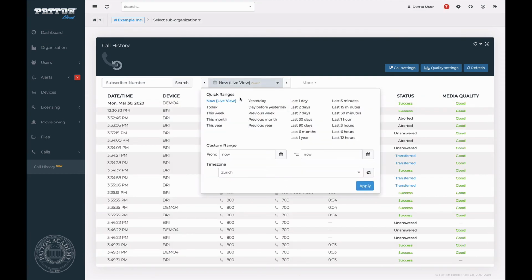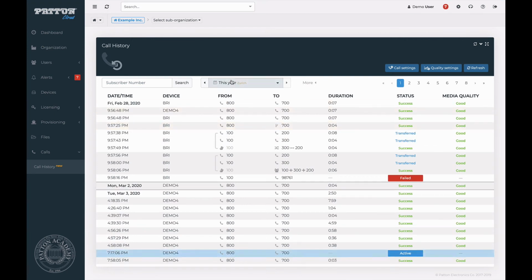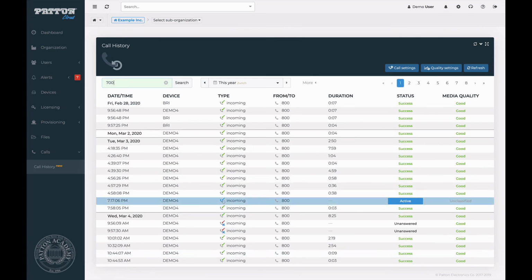Okay, let's see what else we can do. Let's select this year, which is a lot of calls actually. And so what we want to do in this case is restrict or filter the number of calls that we see here on the page. Here we can enter a subscriber number. Let's see what are the calls that the user with phone number 700 was placing or received. This is actually quite useful if your support team has a call from a customer that complains about something like bad voice quality. So you can enter the subscriber number of that customer and filter the list down to just his or her calls, and identify the calls they are talking about,